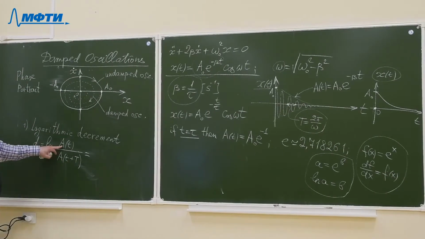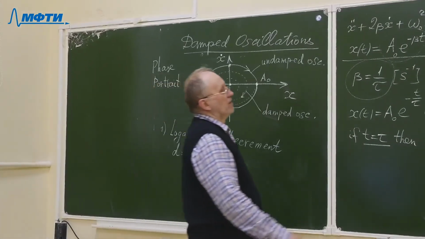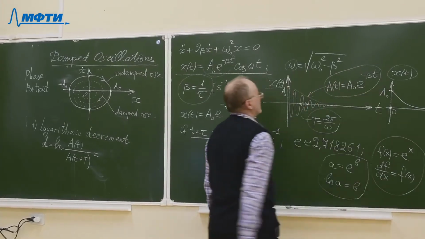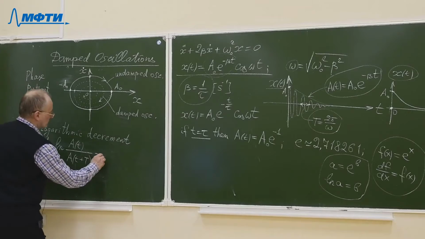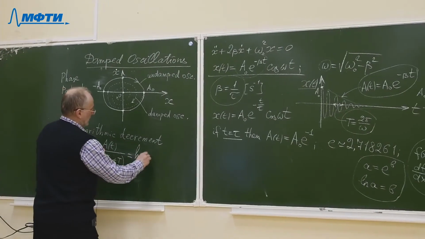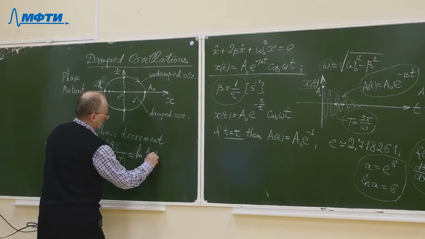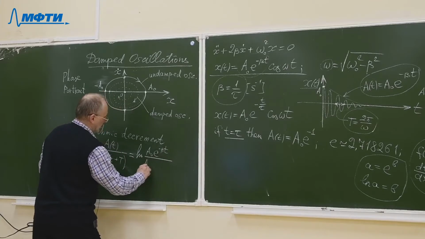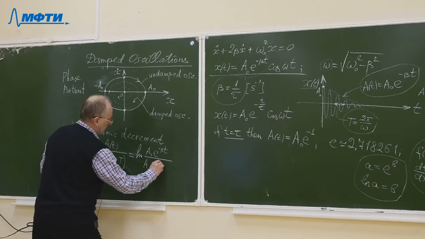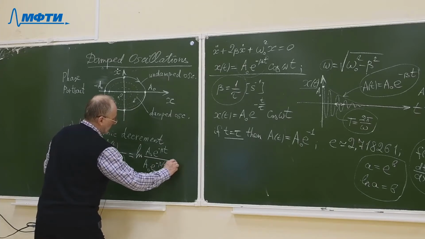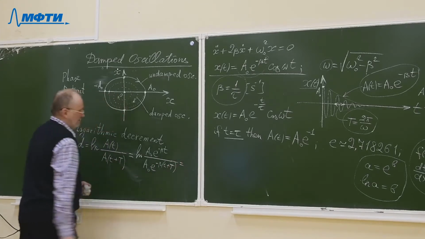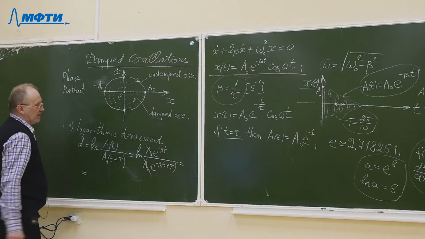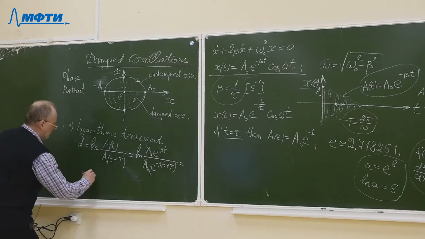Okay, what is the amplitude in damped oscillations? We have already discussed this issue. That is the amplitude, and we can use this function here. That will be the logarithm of a0 e to the power of minus beta t divided by a0 e to the power of minus beta (t plus capital T), where T is the period. Almost everything will be cancelled here. A0 cancels, and what remains is